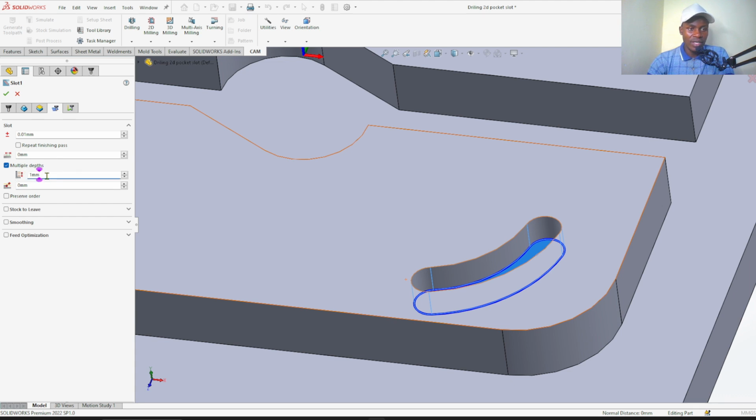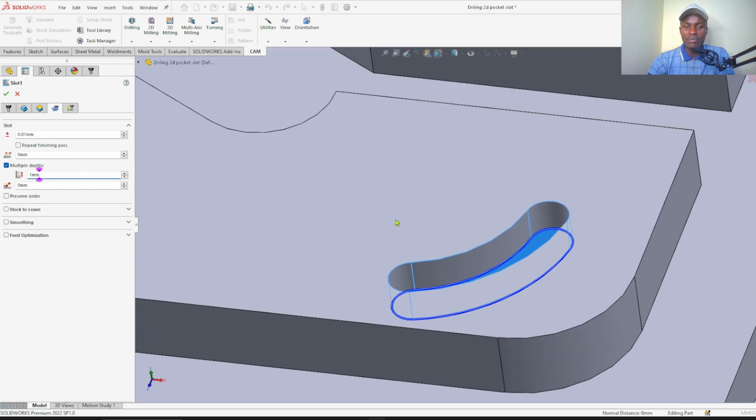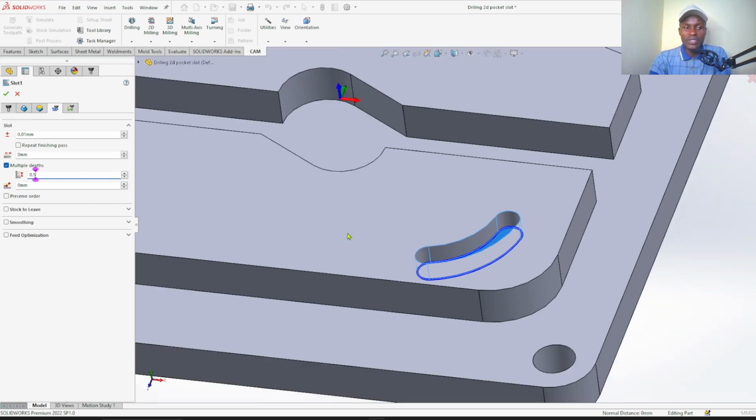So this one now will determine your cutting time, and it will determine the durability of your cutting tool. So you'll begin with 0.5 mm, but when you realize that the cutting tool is removing a lot of workpiece, then you can lower it to around 0.2. So you will play around that parameter depending on the strength of the workpiece.